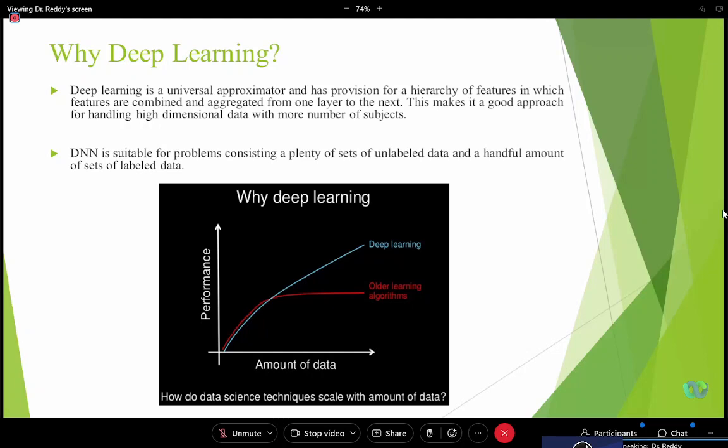In the case of the deep learning approach, once you have a sufficient amount of training data, then irrespective of the size of data, the performance is always going to keep increasing significantly compared to all other learning algorithms. How this happens is very, very important to know: how the deep learning based solutions maintain or retain such performance compared to all other learning algorithms. What is the beauty in it?